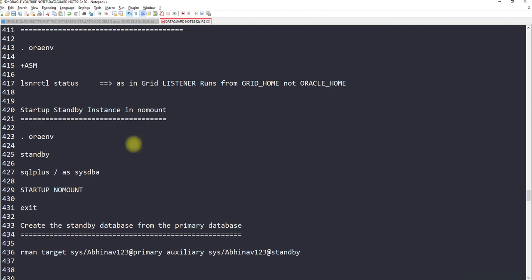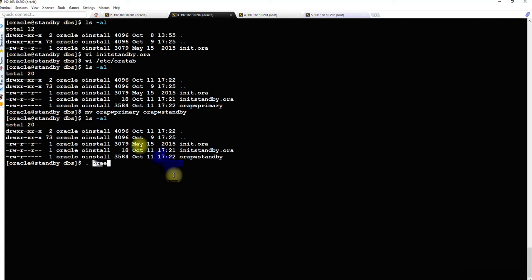Now the important thing is we have to start up the standby instance in nomount, okay, because the data file and control file don't exist, so you can only nomount the database, right? Because you have an init parameter file, you still don't have the spfile, which will be copied from primary, okay, and will be modified eventually. But currently what we have done is we have created an init parameter file on the standby, okay, and we have just put one value where db_name equals primary, right?